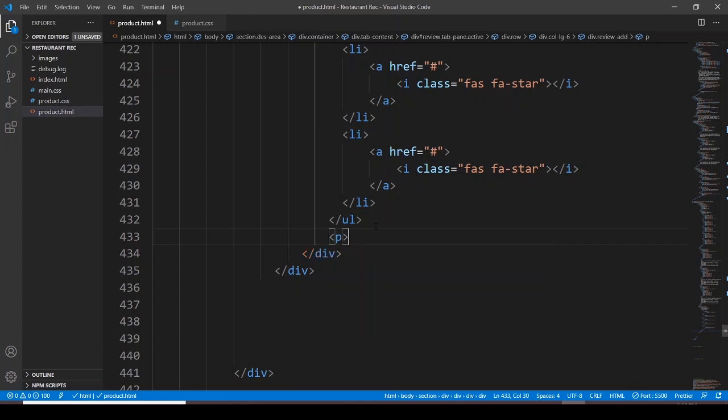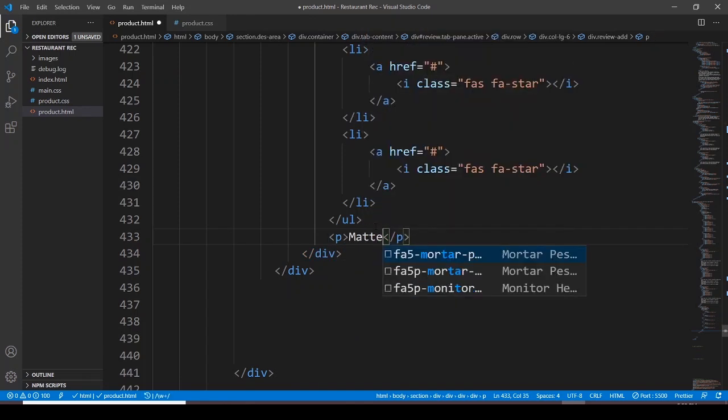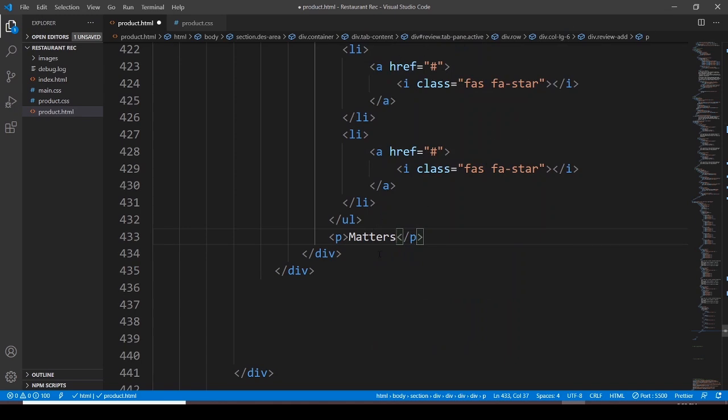the P element, and let's say over there I said your rating, and here I'm saying your rating matters. And now what we have to do next is create a form element,